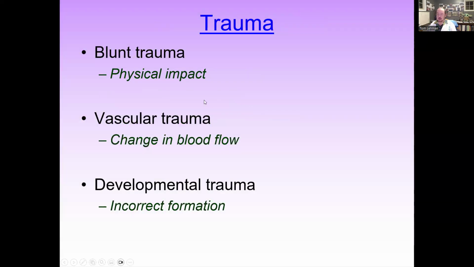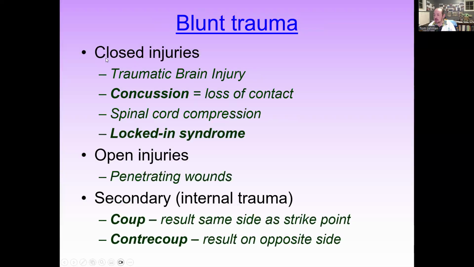With blunt force trauma, there's some type of physical impact that's causing actual direct damage to nervous tissue itself. And it commonly can be considered either a closed injury or an open injury. So a closed injury is usually an impact. If you're in a car accident, if you fall, if you're tackled, some outside trauma that hits your skeletal system and then causes damage internally.